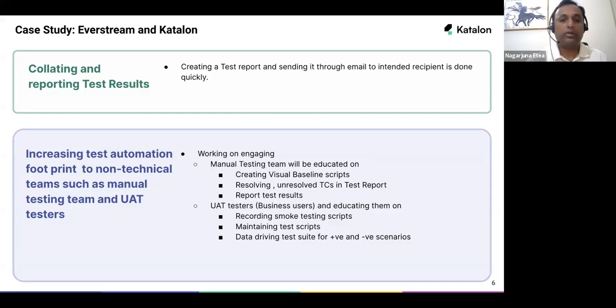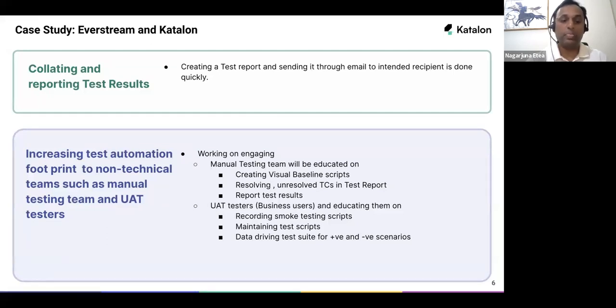Now here, what is happening is, with the low code capability, Katalon has come up to bring a tool that is for visual testing. In our organization, the manual team is coming in front, and they're saying that they want to take the ownership of visual testing. Visual testing is using a low code concept, wherein with very minimal coding, you can do an effective visual testing